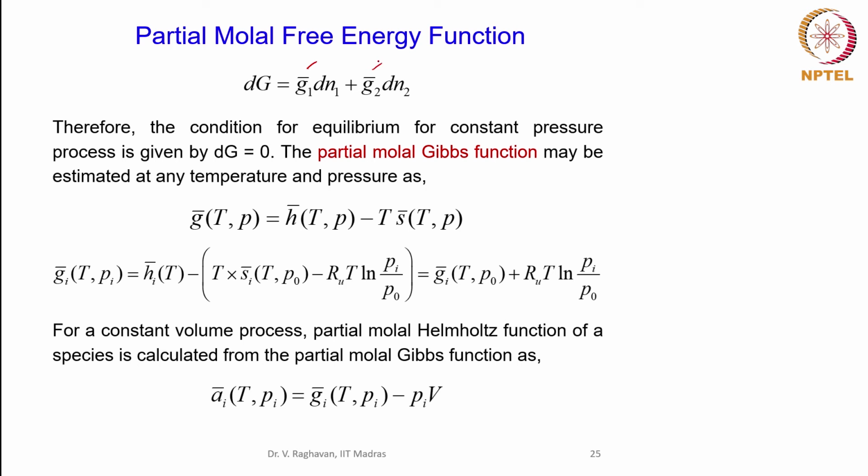Now, for that, what we try to use is the definition of g, correct. So, g at any temperature T and pressure P can be calculated as H at the given temperature and pressure. For ideal gases, the pressure dependence will not be there for enthalpy. So, H at T, minus T times S of T comma P. Okay. So, now entropy will be dependent on both temperature as well as pressure.